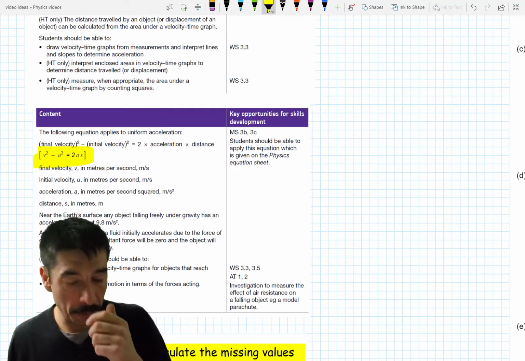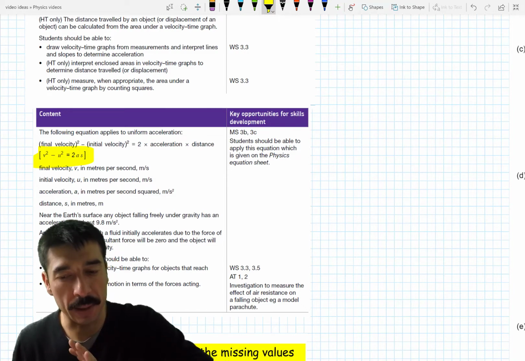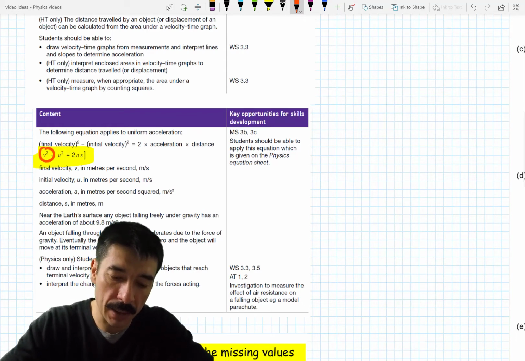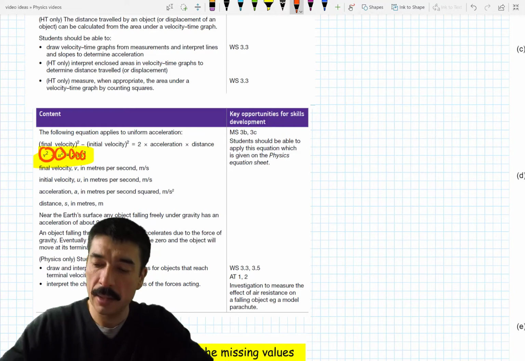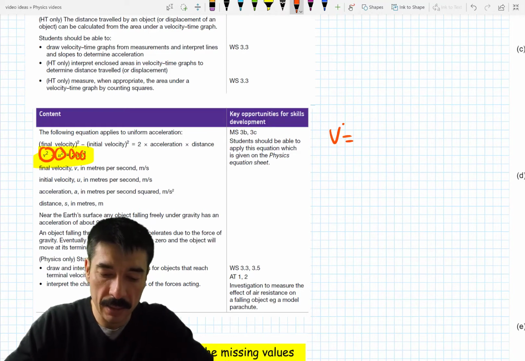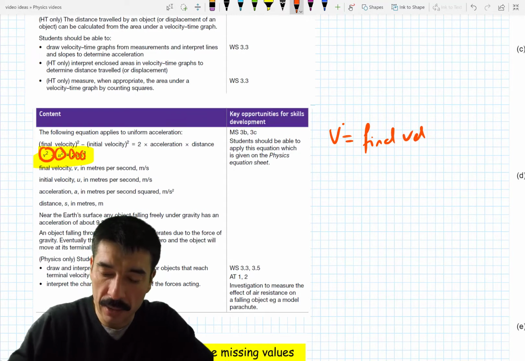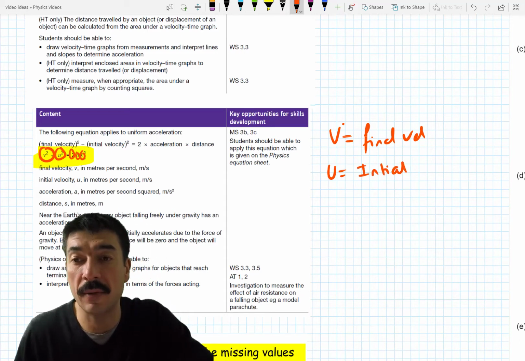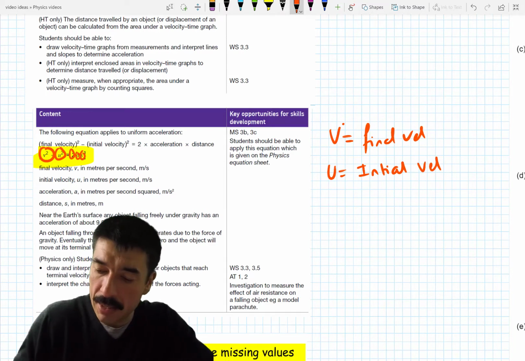So the first thing you need to know, something that you can revise just by rote learning and will be of benefit in the exam, is what each of the individual terms mean in v squared minus u squared equals 2as. So the v is, as it says here, the final velocity. The u is the initial velocity, initial being the beginning. A is acceleration,